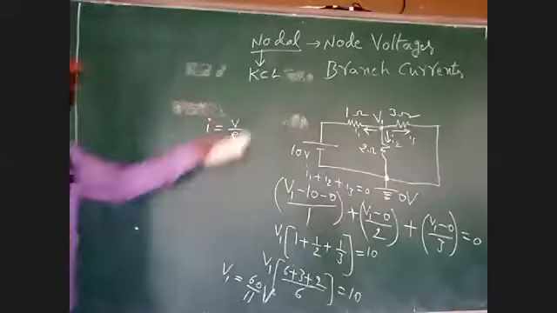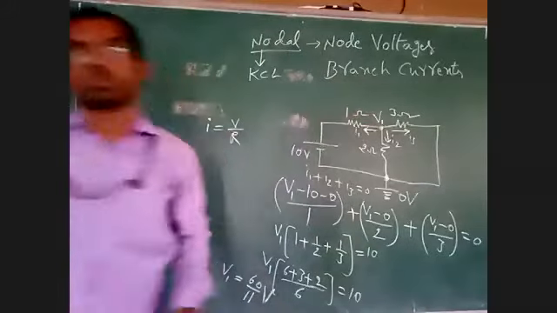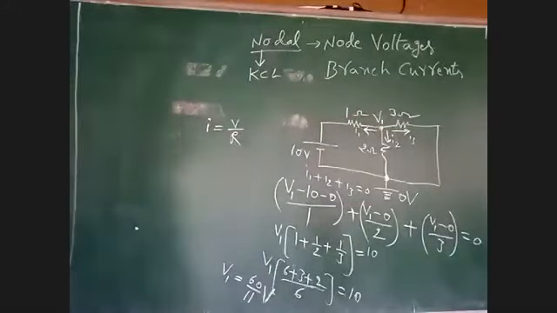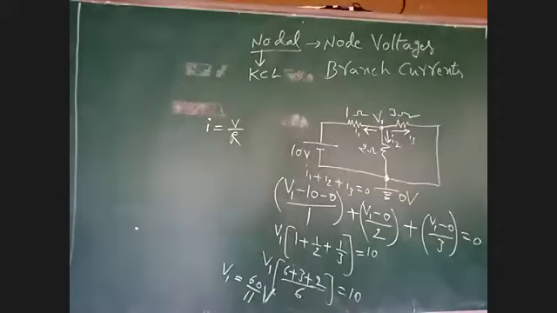Now I have determined the node voltage. This is the procedure for determining node voltage by assuming all the currents are leaving from the node point. Whichever node you take, suppose you have two nodes, at the two node points let us assume all the currents are leaving from the node point. We will do one more problem. Before that, one more thing: we have to determine branch currents also.